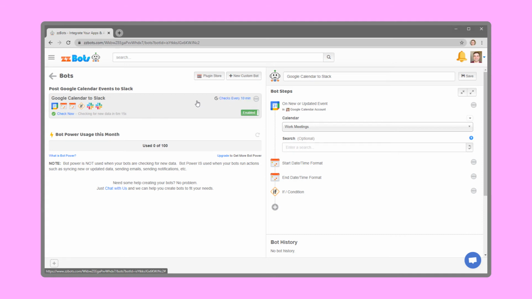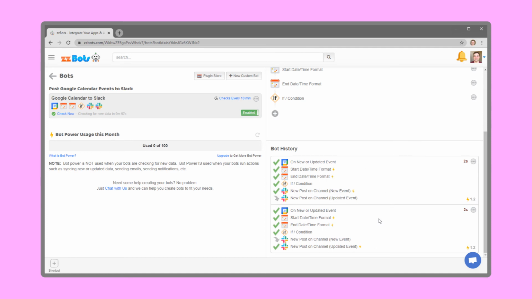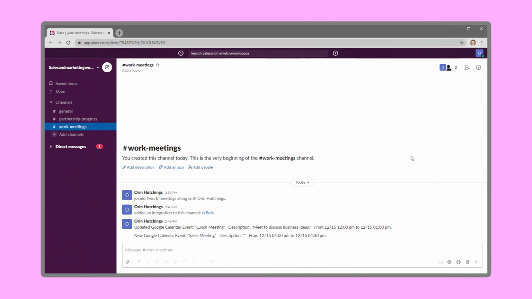You can manually check by hitting Check Now. You can see the bot history for each bot, as shown here, that will show a history of each calendar event synced over. The bot power used each time your bot syncs over an event will be shown here. Bot power will only be used when your bot is triggered by a new or updated event in Google Calendar. You can see here that the new and updated events from Google Calendar were successfully posted as new messages in